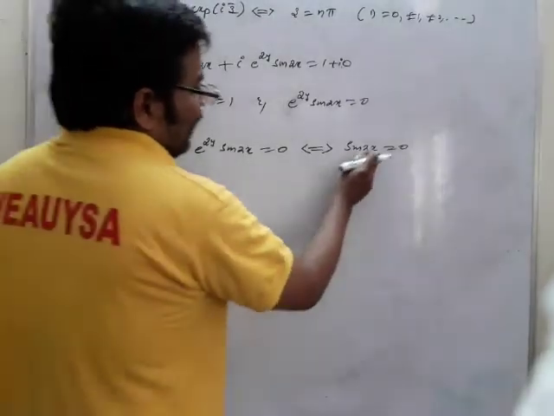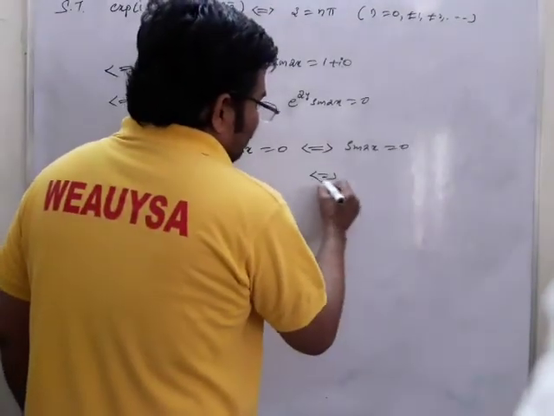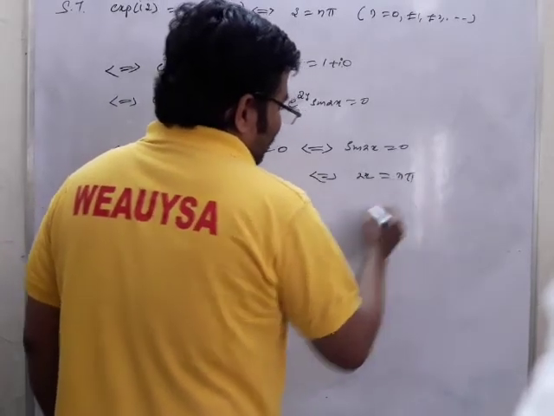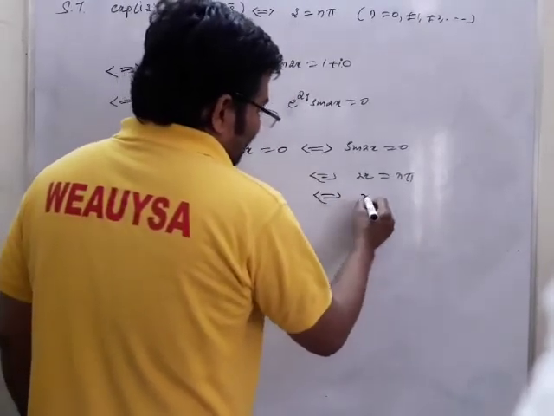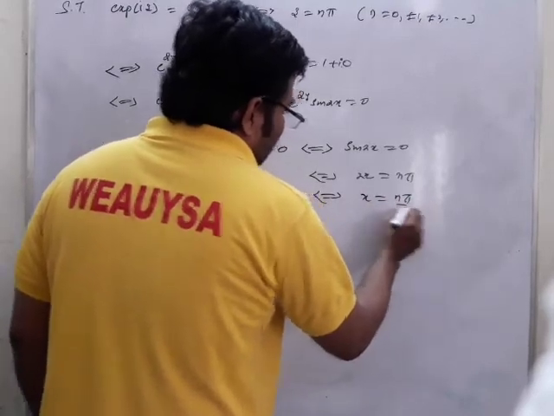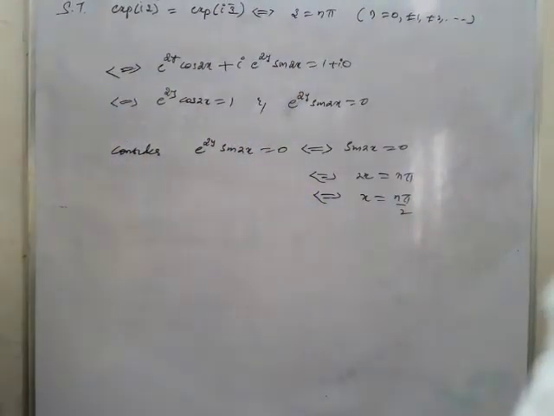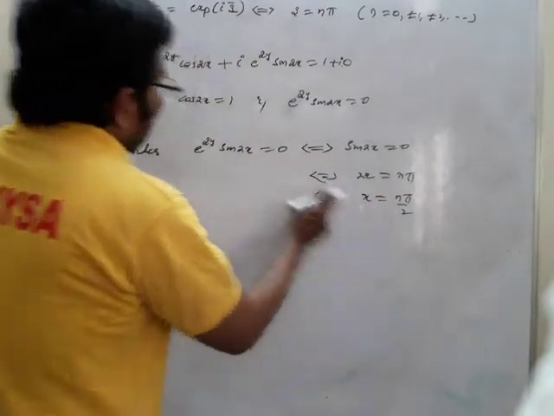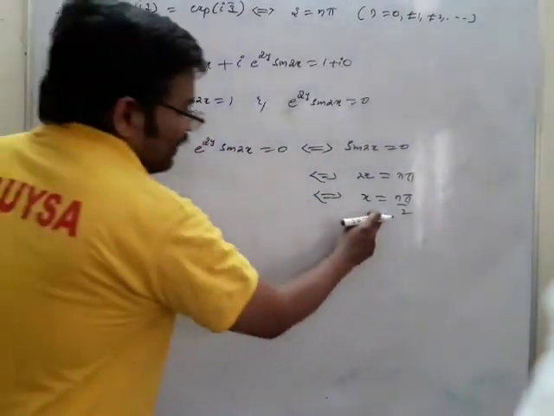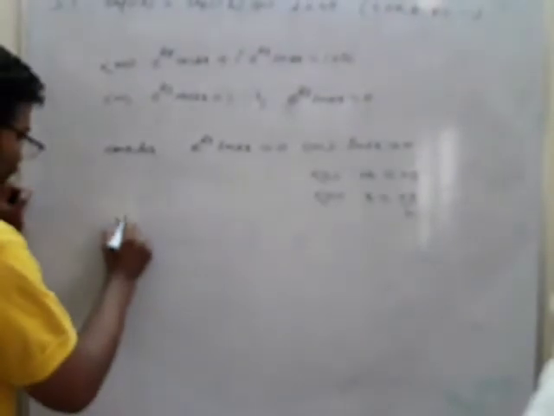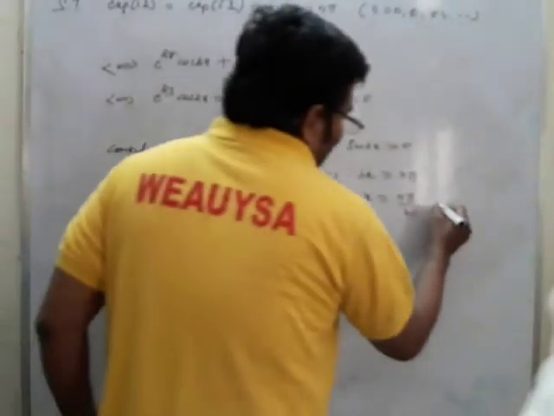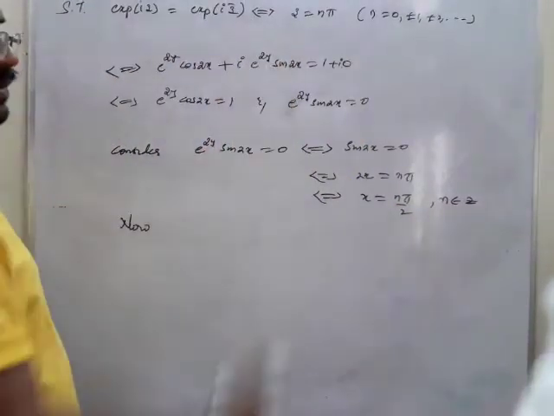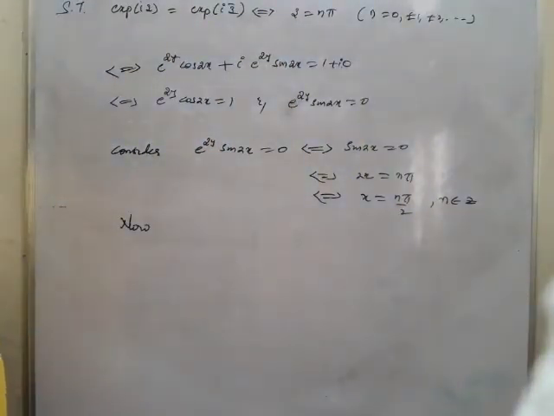So therefore, I may write here 2x is equal to n pi. So that implies x is equal to n pi by 2. I got the value as x is equal to n pi by 2. I'll substitute this value in this. Substituting the value, now I got the value where n belongs to Z. Okay, n equal to 0, 1, 2, 3 and so on, plus or minus 1, plus or minus 2.